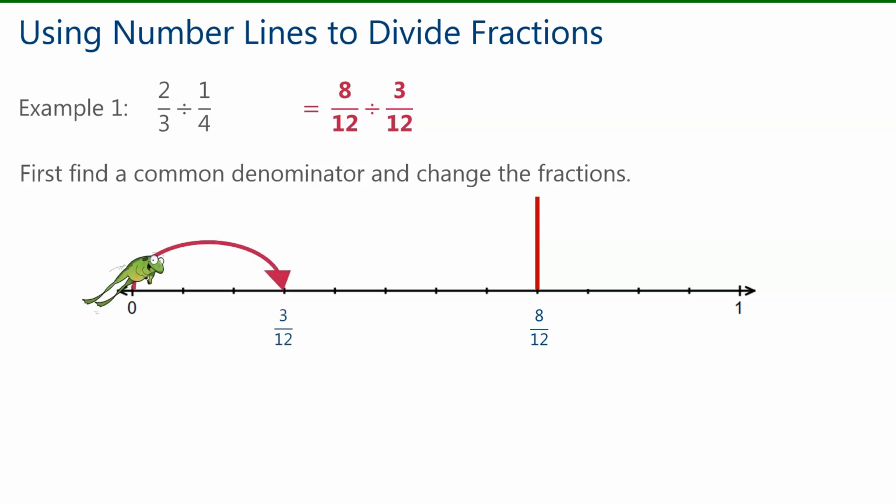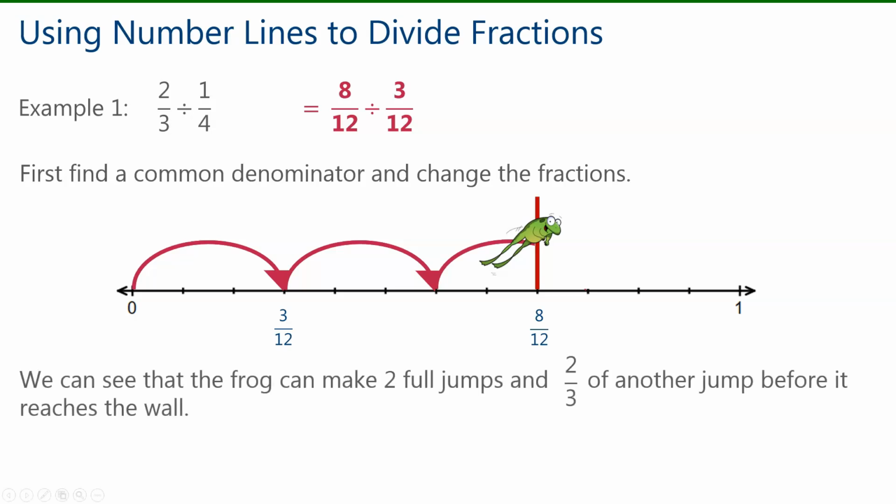So here's one jump of 3/12. There's another jump of 3/12. And then the last jump is a partial jump. So we can see here that the frog was able to make 2 full jumps and another 2/3 of a jump before it reached that mark at 8/12. So that means 2/3 divided by 1/4 is equal to 2 and 2/3 because we made 2 full jumps and